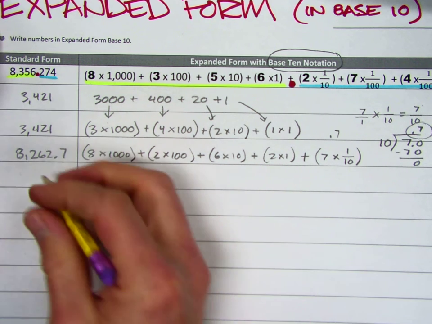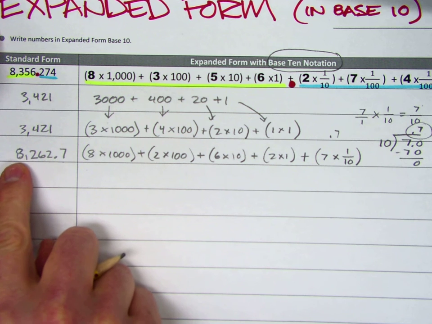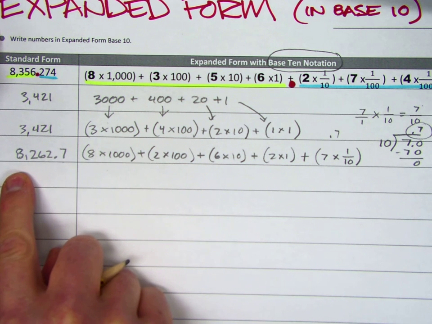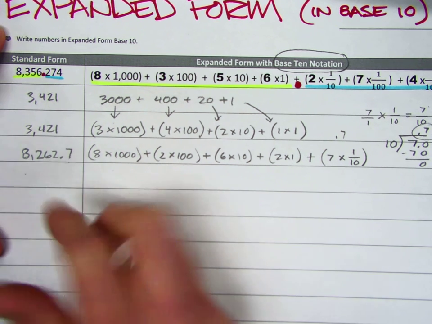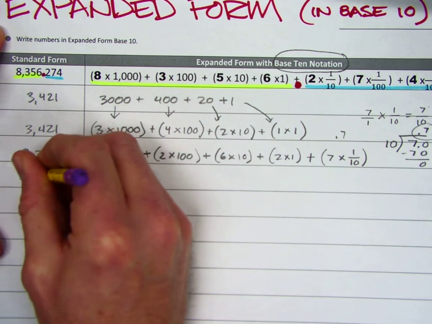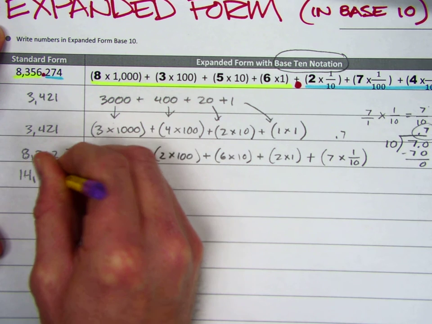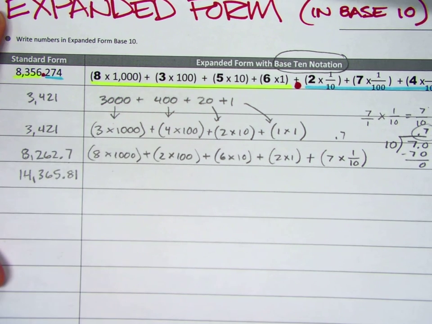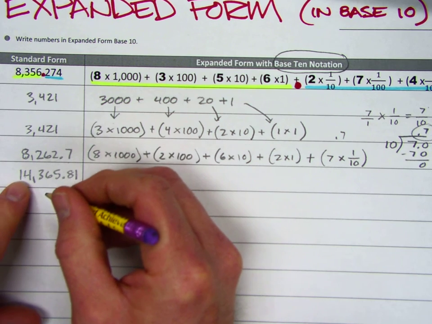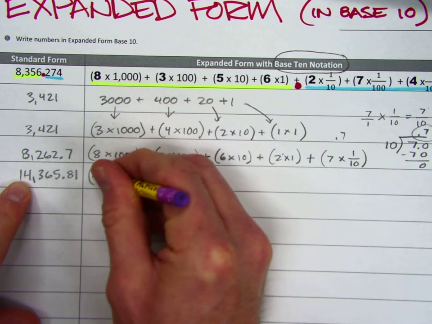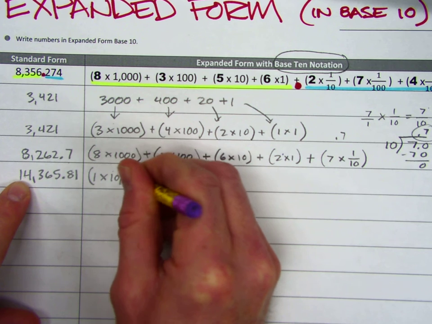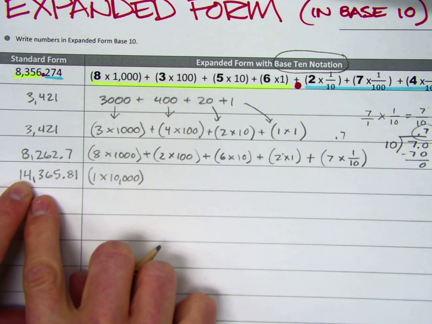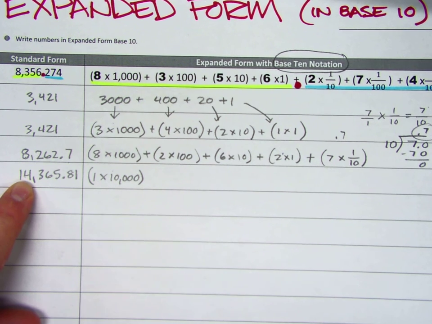Okay, so we'll try another one here. I think I'm just going to use numbers that are not in the thousands just because they take a little less room over here. Maybe I'll do you one in the 10,000s just so you see it, but we might not get that far. So if I had 14,365 and 80 100s, how about this be the longest one I do? This would be 1 times 10,000. Now sometimes in class I'll let students shorten this up and I'll go 14 times 1,000, but to be